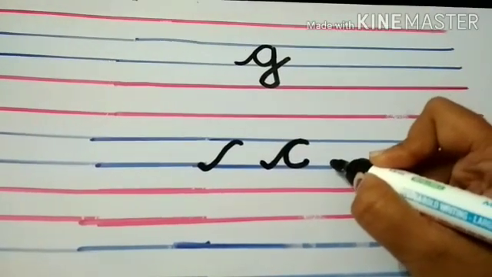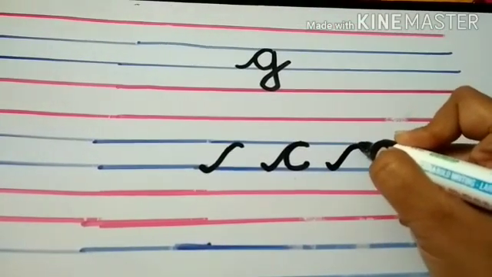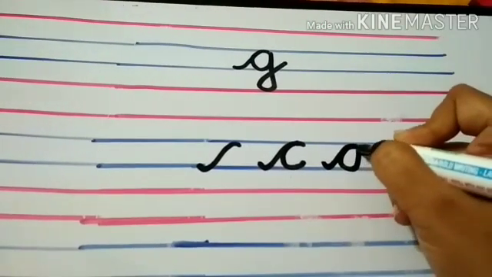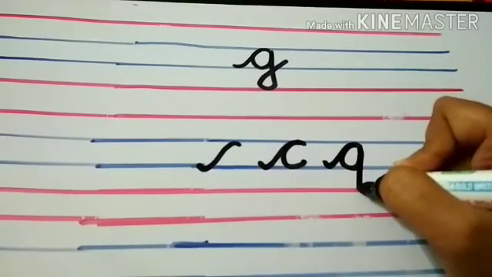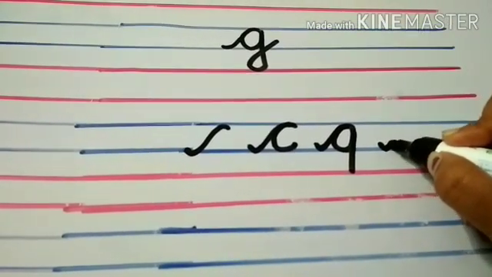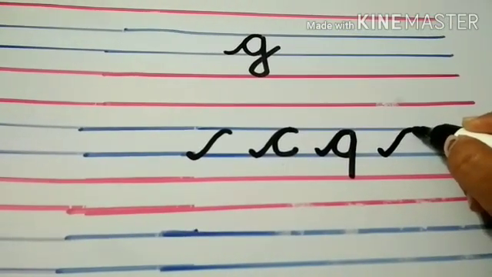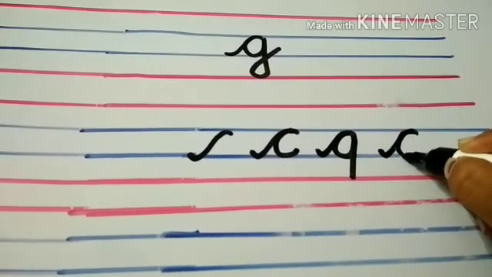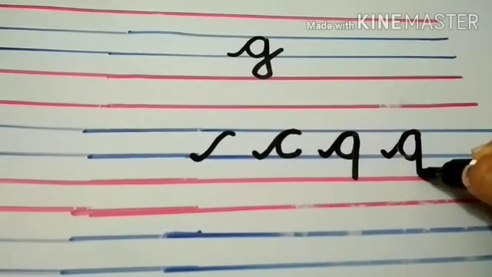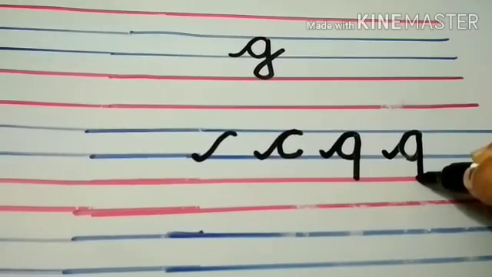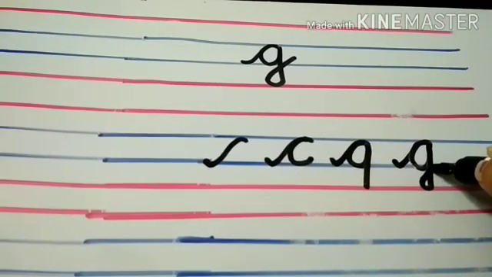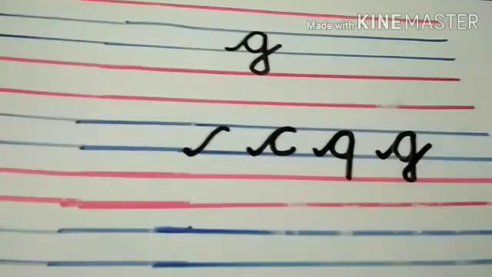Again see. Keep your pencil on third line. Then make a curve wave stroke till the second line. Then make a curve and join this curve and come down with the standing line till the fourth line. Again look. Keep your pencil on third line. Then make a curve wave stroke. Then make a curve till the third line. Then go up. Join this curve and then come down with the standing line and make a loop and join this loop into the standing line and take out stroke above the third line.